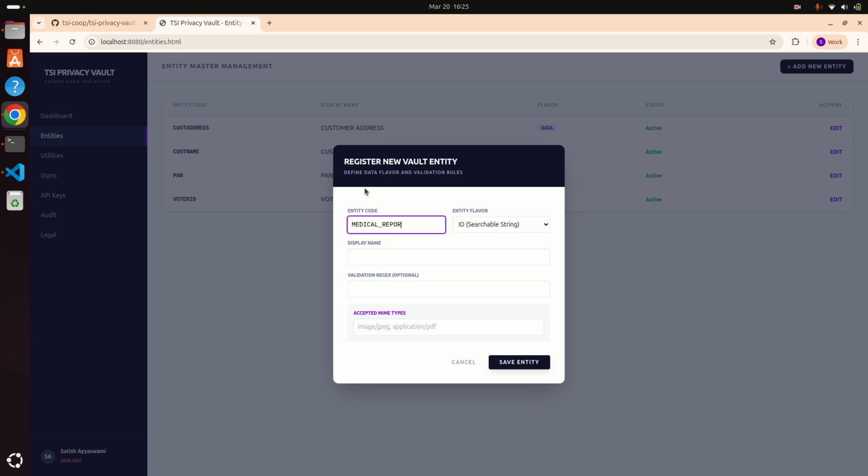This would be of type file, and let's call this fitness report. Let's say this is a document that we are collecting from the customers. So this document again needs to be kept in the privacy vault. So you define it this way,